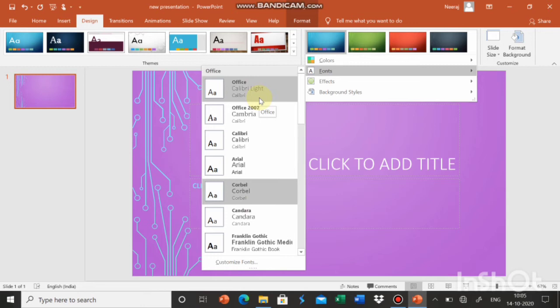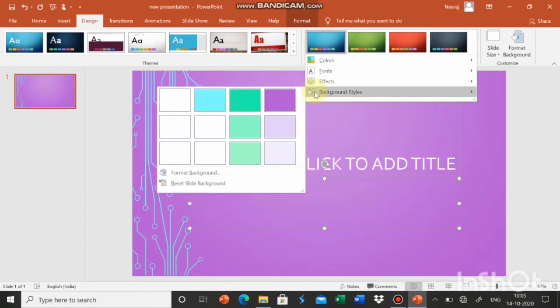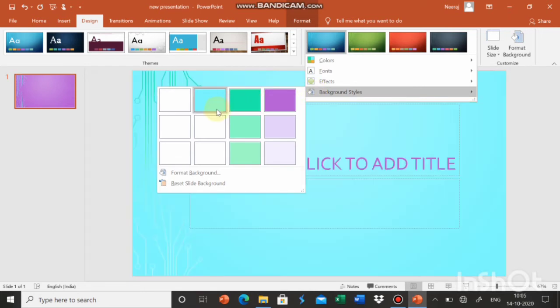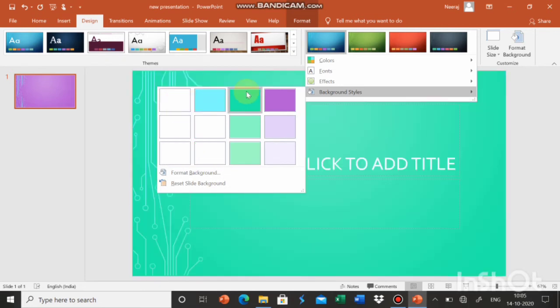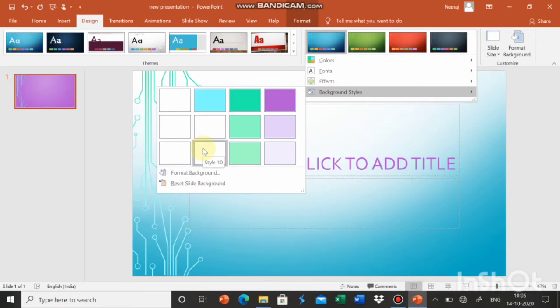The next option is background styles. Let's click on these. These are the different thumbnails available. From here we can choose different types of styles for our background, and here you can see an option that is format background. Let's click on it.